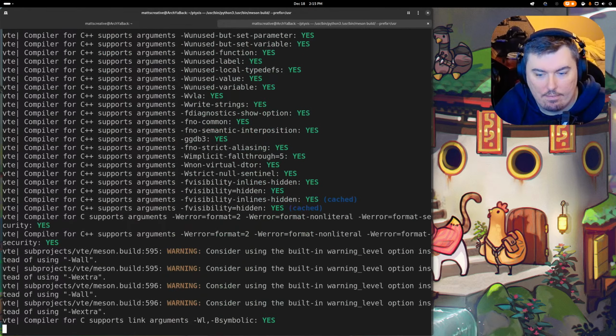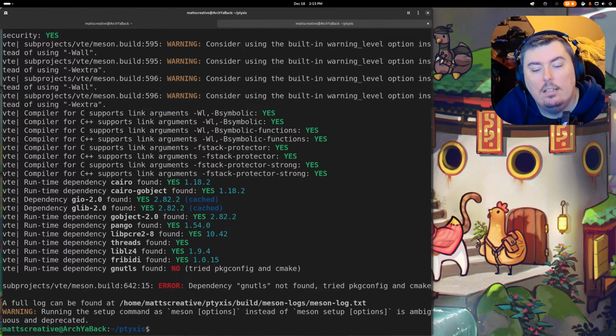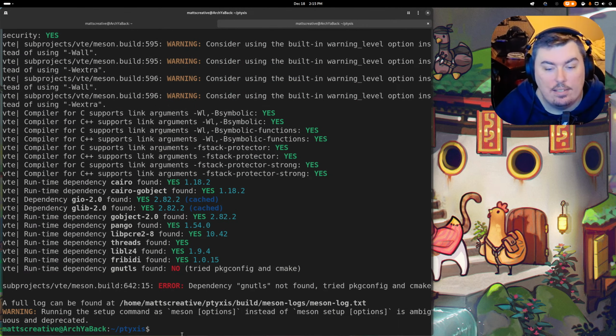Let's try that. Ugh. I hate this. It's dependency hell. Every time.